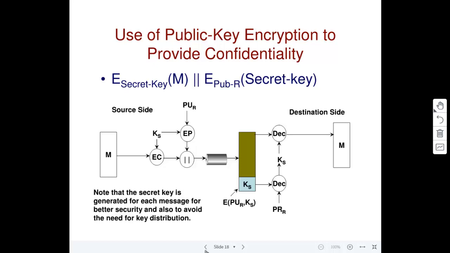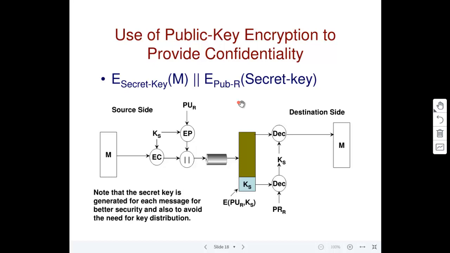So for that we could now, this is like generating a secret key dynamically. So that's a very commonly used idea, and it is considered to be very secure. So you don't maintain a secret key for a session. That could be also done, but